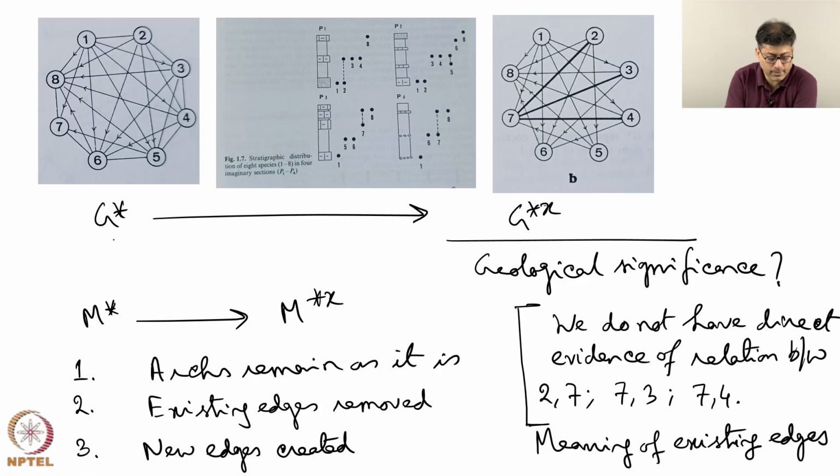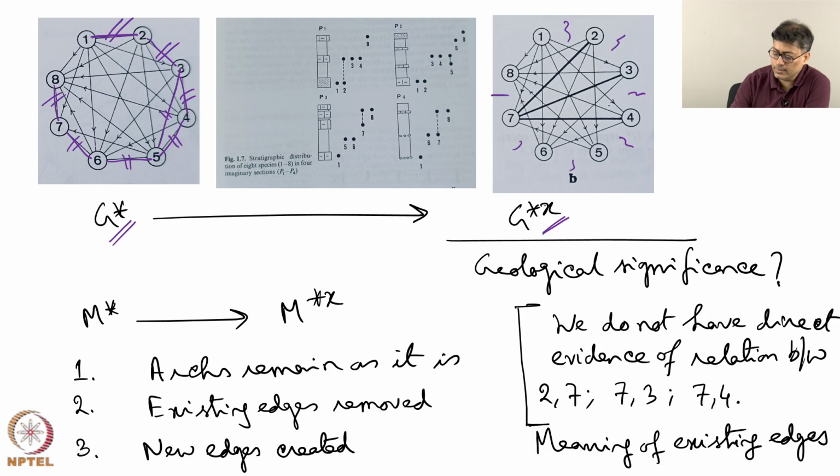Now, the last matrix that we were dealing with, let us call it G star. We can do a G star X operation. What is that? We can remove the coexistence edges. These edges are out, and that is being shown. You can see there is no edge over here, and also inside the 2-4 connection is gone, and